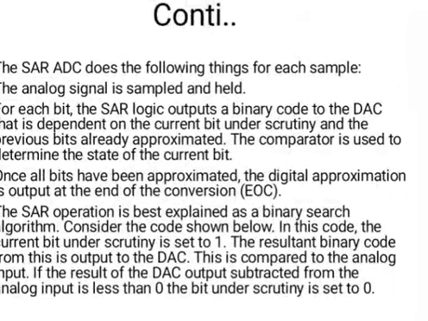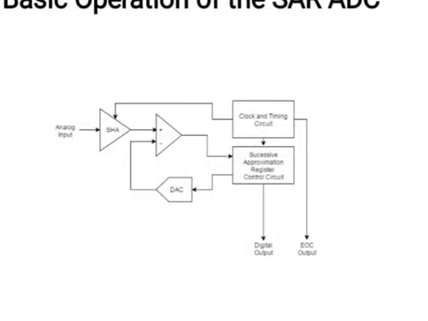So the successive approximation analog to digital converter circuit typically consists of some sub-circuits. The sample and hold circuit, which acquires the input voltage V in; an analog voltage comparator that compares V in to the output of the internal DAC, and outputs the result of the comparison to the SAR. The successive approximation register subcircuit is designed to supply an approximate digital code of V in to the internal DAC. Then an internal reference DAC, with the comparison to V reference, supplies the comparator with an analog voltage equal to the digital code output of the SAR.